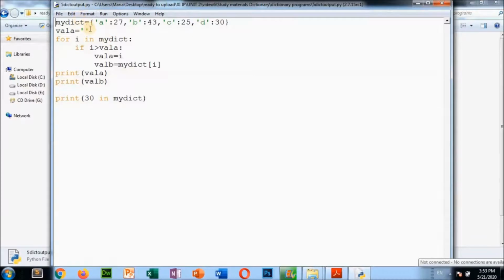myDict is the variable here, dictionary value. So here these are the values have stored in myDict. These values have stored A 27, B 43, C 25, like that some values are there. These are the keys and these are the values. So val A and val